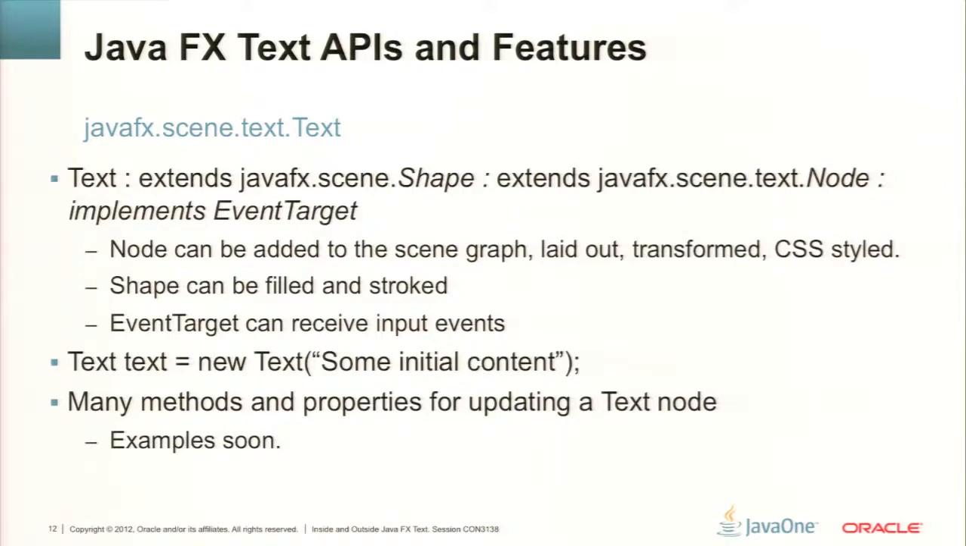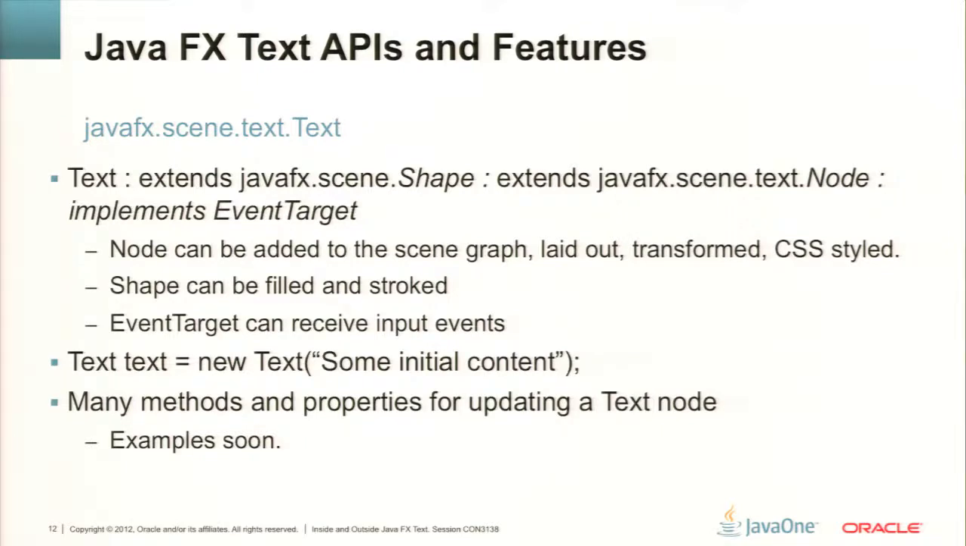The text class is a node in the SceneGraph. I think Thor's got some slides which explain what the SceneGraph is for those people who don't know later, but essentially it's a graph of objects in a hierarchy, which is the basis of the way that the JavaFX API works. And there is a subclass of a node called shape, which adds